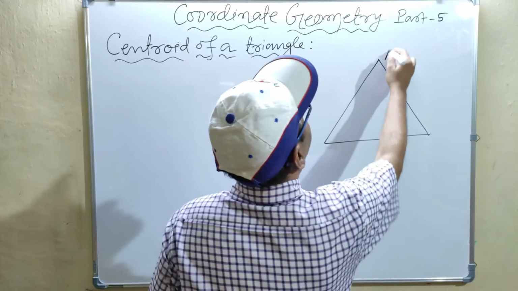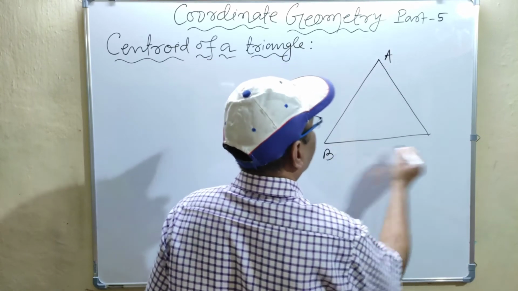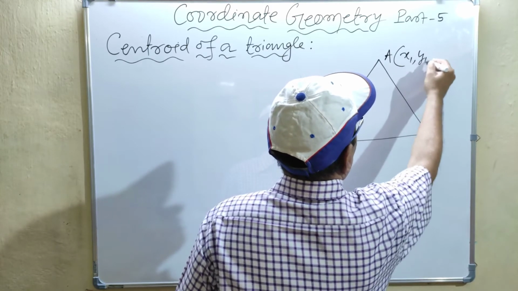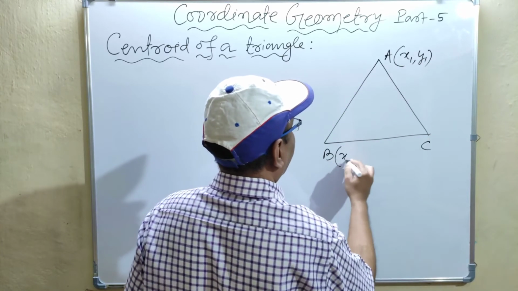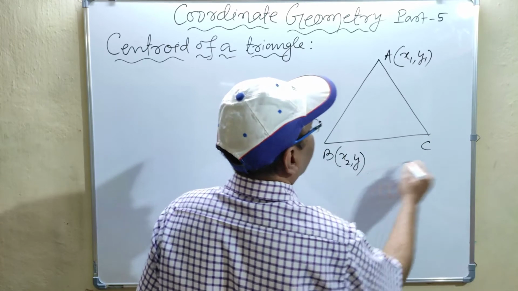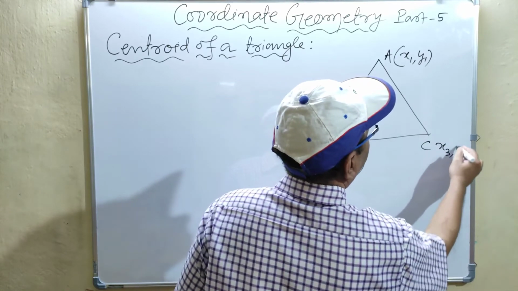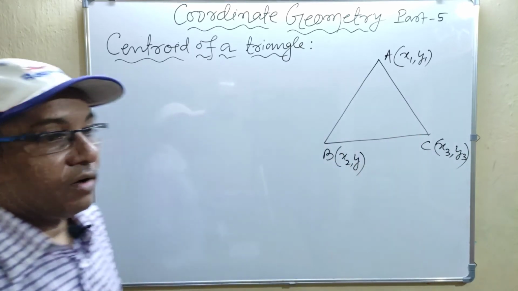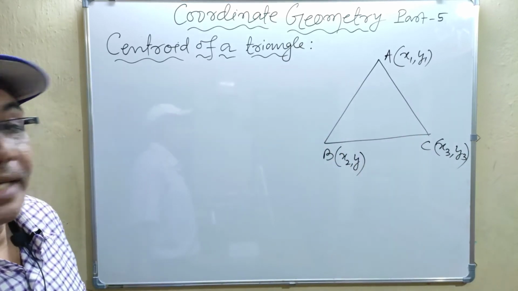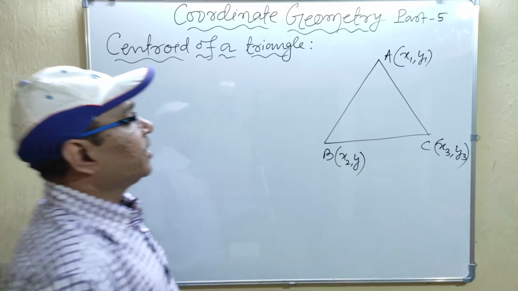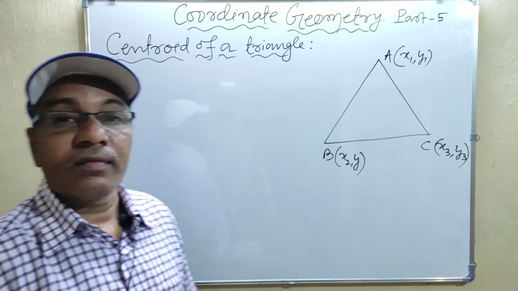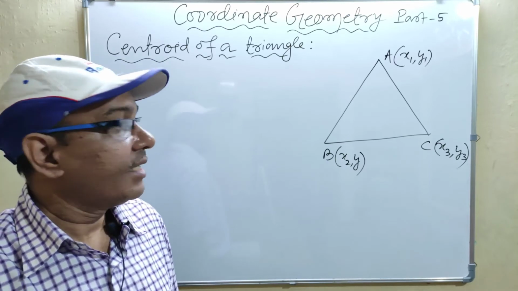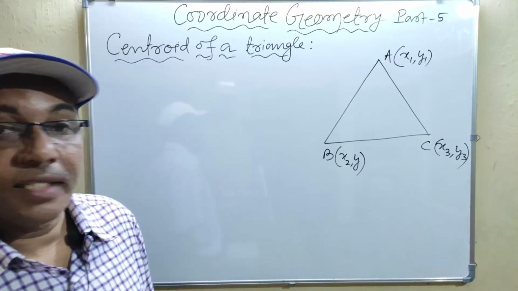Let there be a triangle ABC whose coordinates are given, suppose x1, y1, x2, y2 and x3, y3. We want to find the coordinate of the centroid of triangle ABC. As we know, the centroid is the point of intersection of the medians of the triangle, and the centroid divides each median